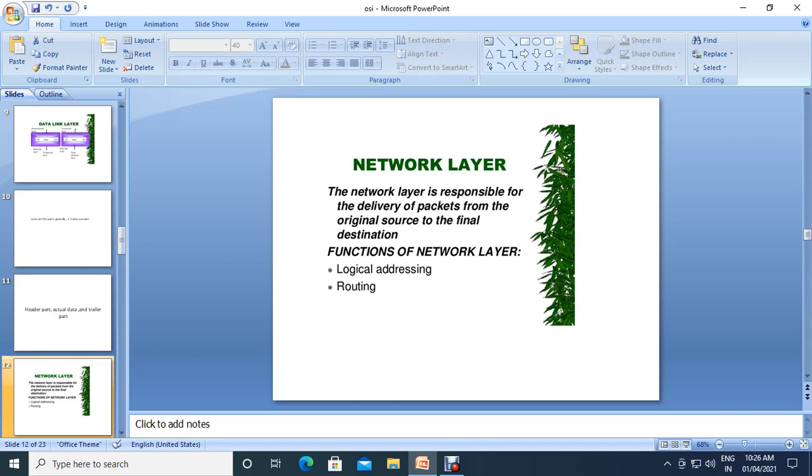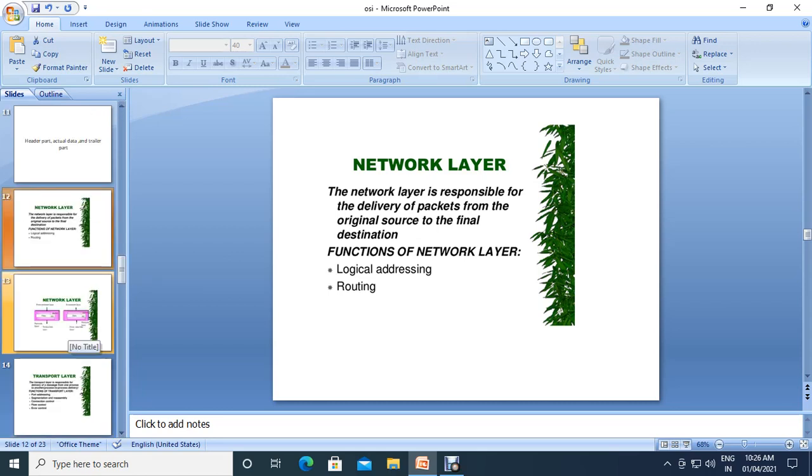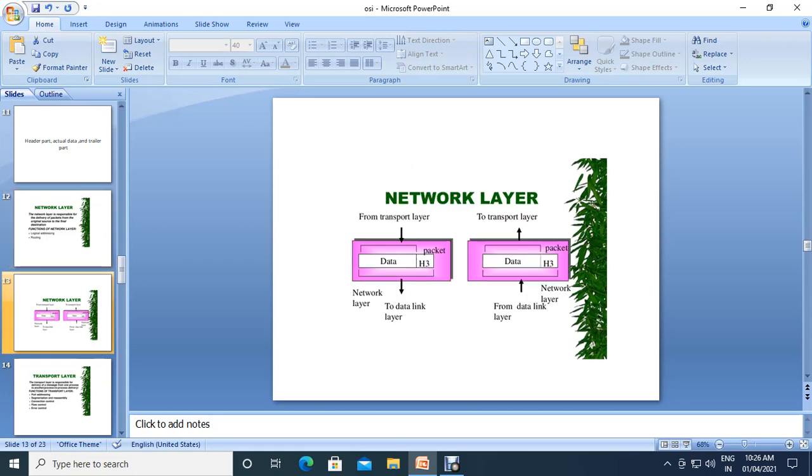Okay. For each responsibility we will discuss in the later sessions. Each layer has one chapter, and in that chapter we will discuss each layer briefly. See in this diagram, above the network layer, the transport layer is there. The data in the sender machine is received from the transport layer, packed in packet format, and sent to the data link layer.